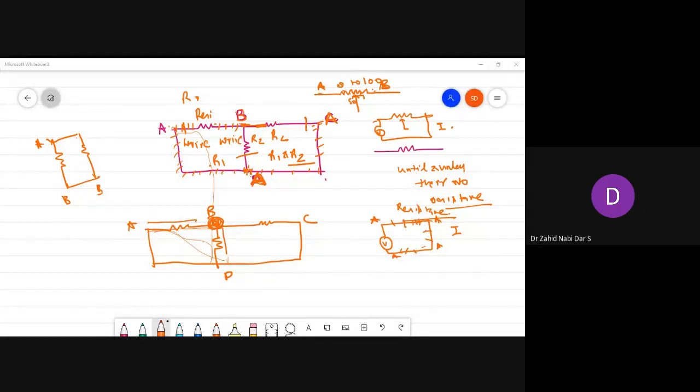Why am I taking it like that? Why should you label? See, if you take too many points A, B, C, D, E, F, G, H, until and unless there is a resistance element connected, you need not change the point name. You learn the technique. The conventional method of engineering education is to learn the technique and apply the technique to get the answer.